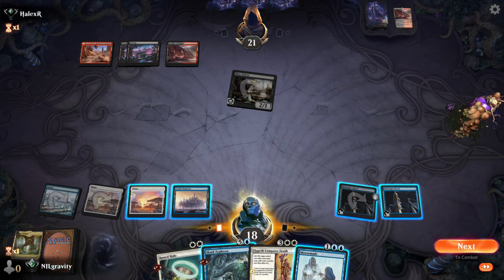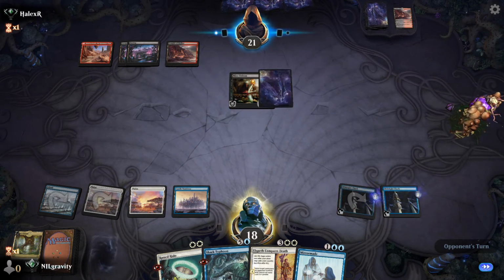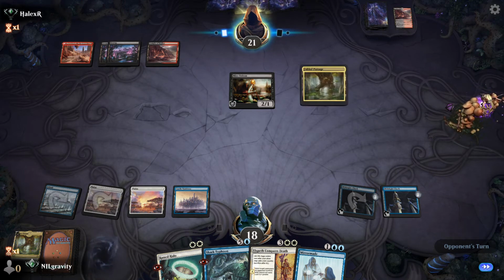I'm just trying to ramp up to that Shark Typhoon now, because, like I said, it's all about getting that value. So the sooner you can get that Shark Typhoon out, then everything you cast comes with a token. So